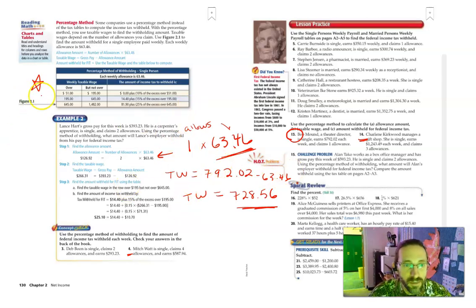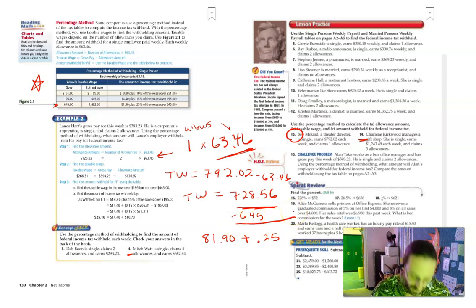You're going to use this table up here that I've already starred, and it says, first of all, figure out what range your taxable wage is in. If I'm at $728.56, that falls into this third category here. So the amount withheld each week starts out with $81.90 plus 25%, 0.25, of the excess over $645. So what I'm going to do is subtract $645 from this